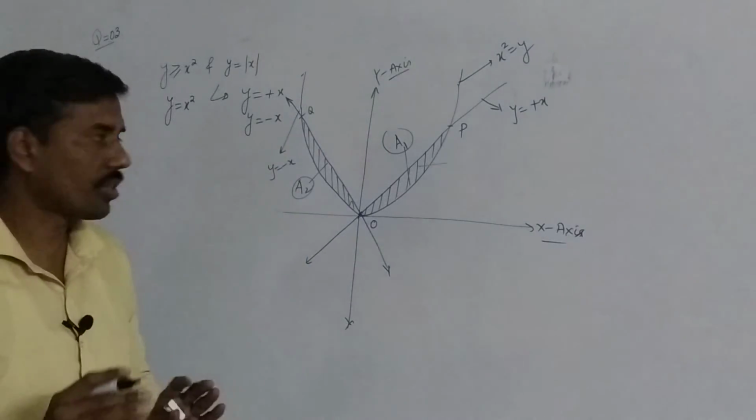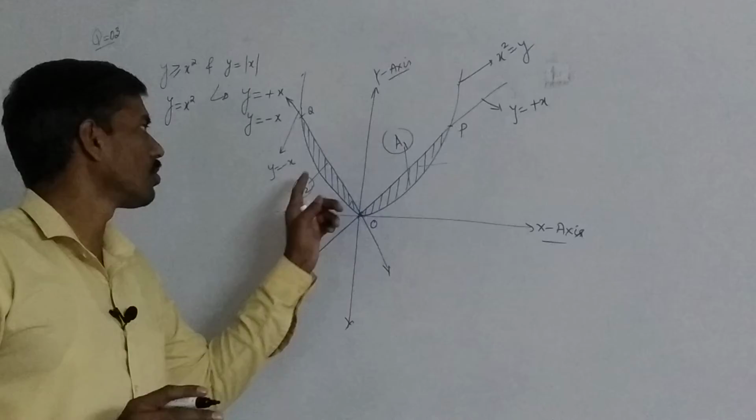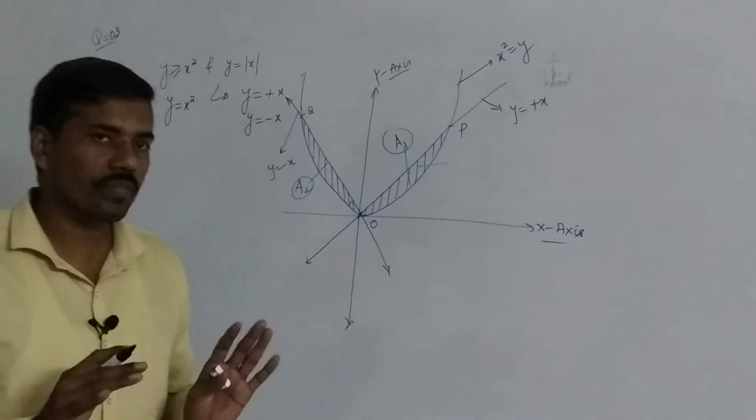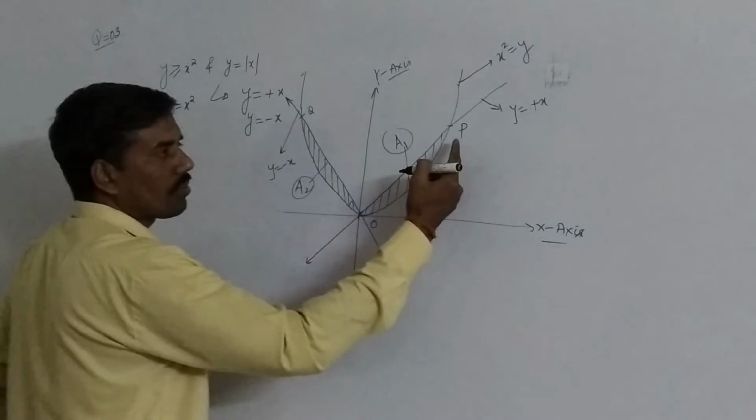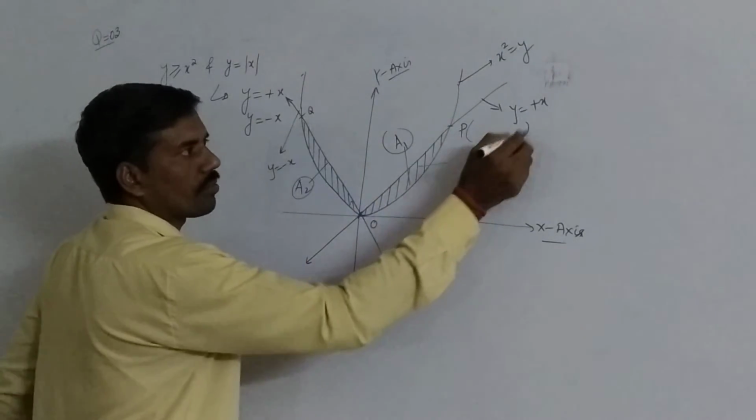Okay, and we know that area a1 is equal to a2. दोनों सेम रहेगा, कैसे सेम रहेगा आप इसको वेरीफाई कर सकते हो. ओके, फर्स्ट ऑफ ऑल वी हैव टू फाइंड द कोऑर्डिनेट्स ऑफ पॉइंट P.